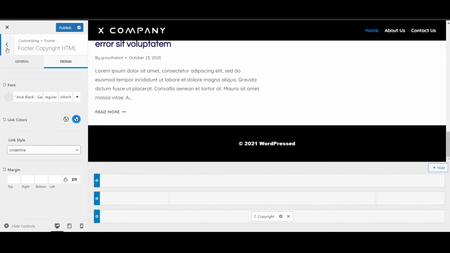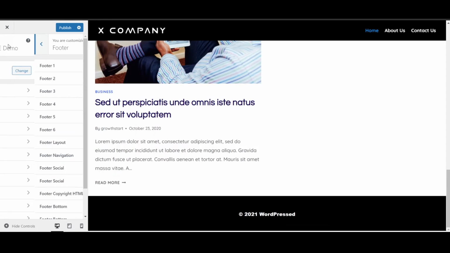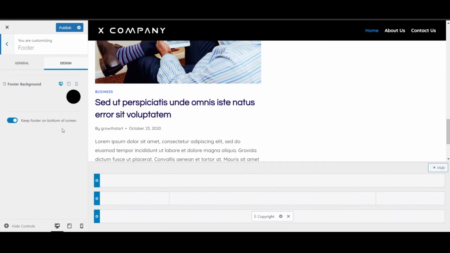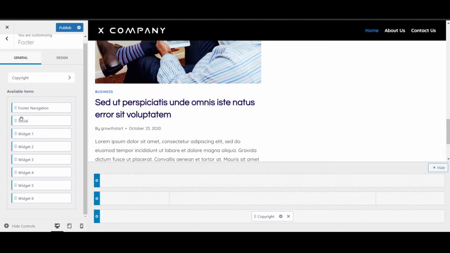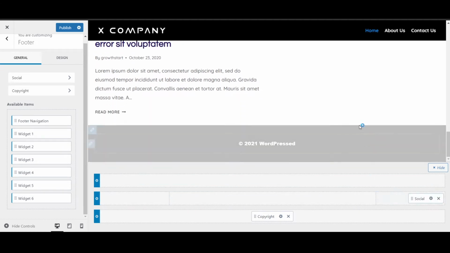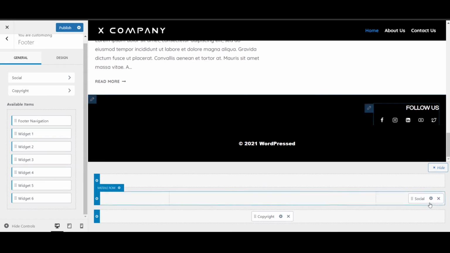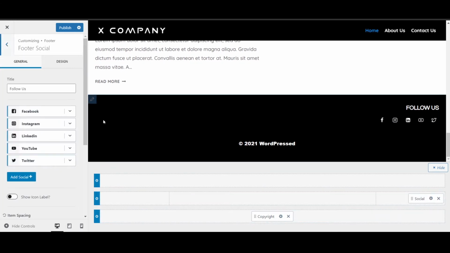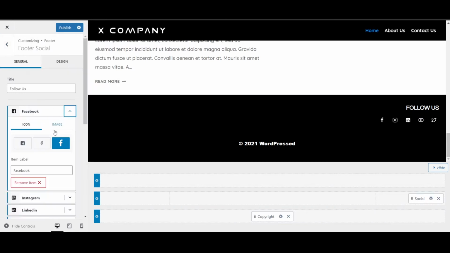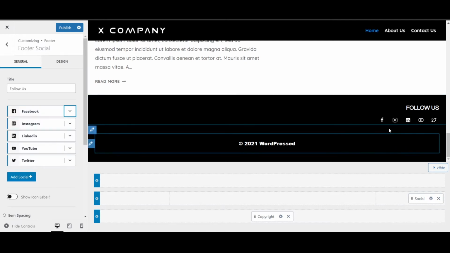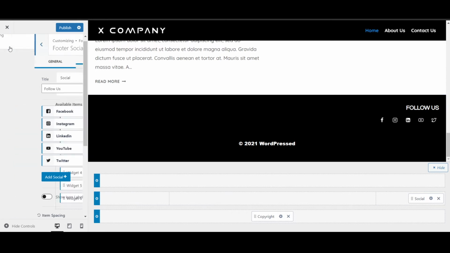Alright, we're going to go back and then again back, going to footer again, and then we can see what else we can add. So under the general tab, you'll again have all these items that you'll be able to add. So the social would be all your social icons, and now you'll see all the social icons that we've added. You can customize them by clicking on this little gear and then either add new icons or you can remove the current ones. So again, these social links you would have set up in your